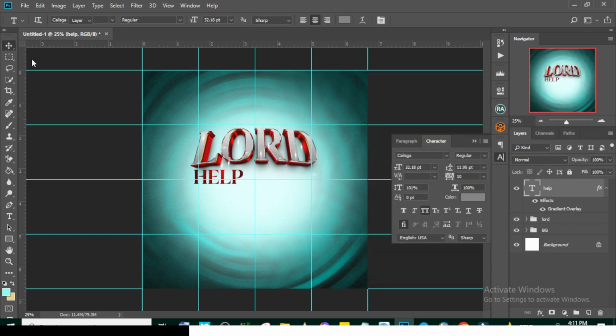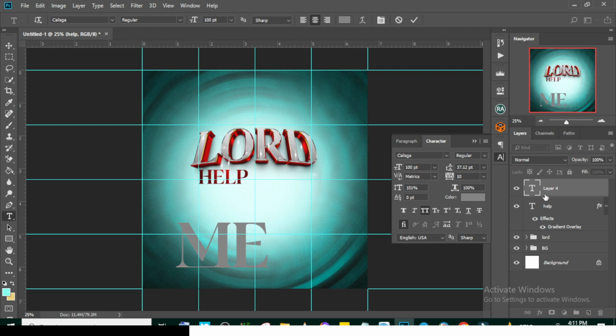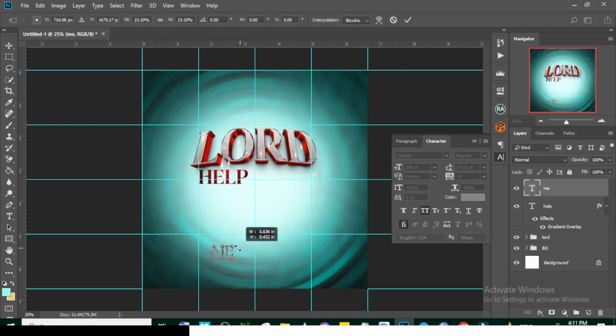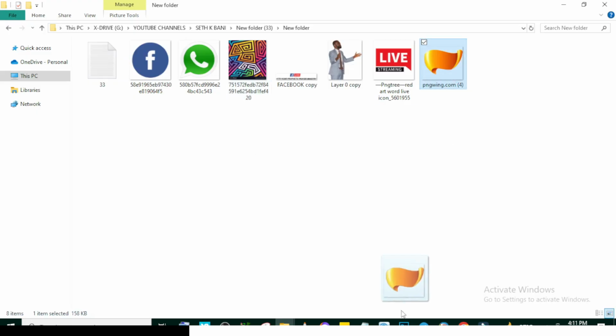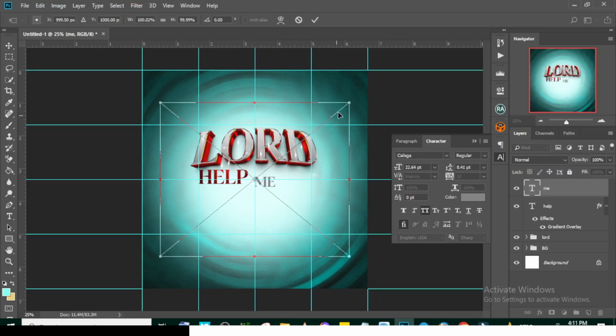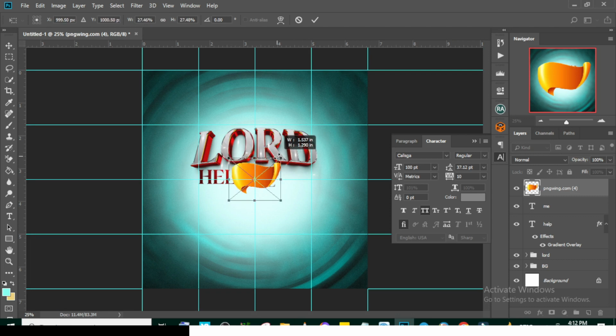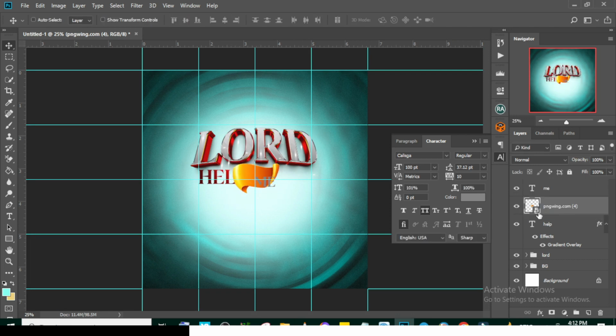Click on your move tool and move it somewhere here. Now also you want to click there and type me, and then let's drag it somewhere here. And you also want to go and pick this one. You just want to keep it more artistic. So you want to express yourself nicely on the canvas and use your imagination as well. So that's what you're trying to do. That is basically all we are trying to do. Send this one up there,